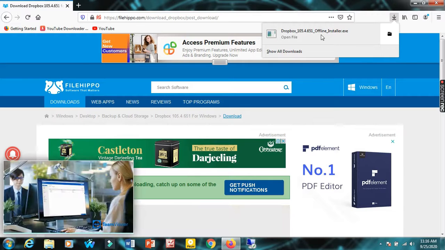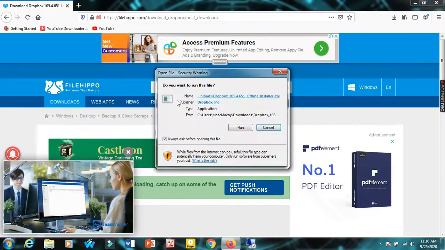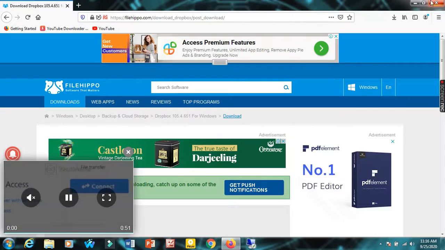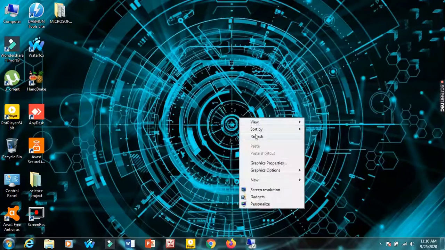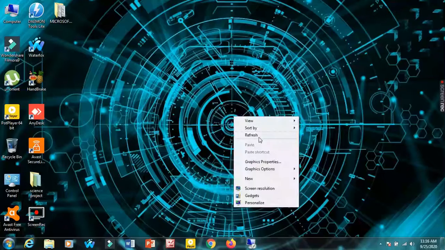So download complete. Just do a single click. As soon as you will do a single click, the installation file comes. Click on the run button. You need to do a couple of refresh.